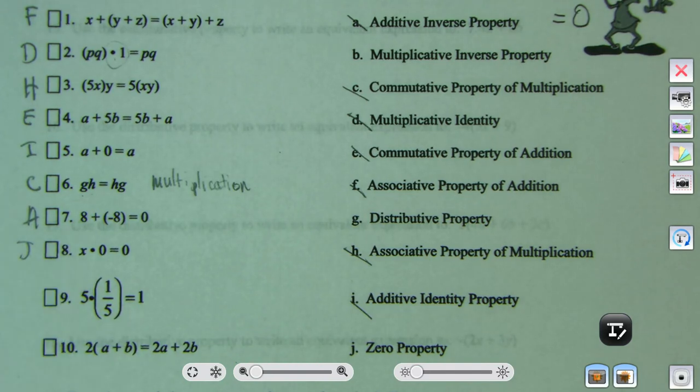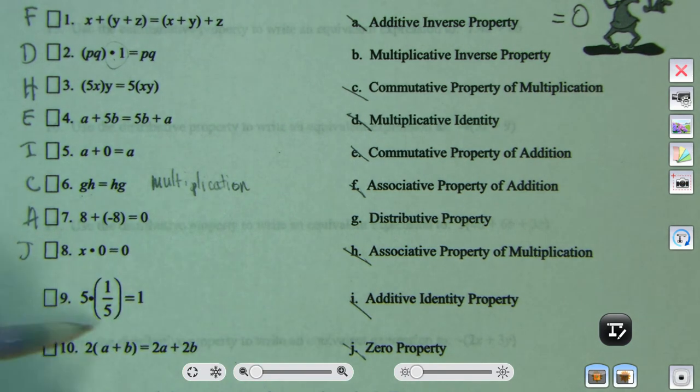All right, let's go to number 9 right quick. This one, we're multiplying 5 times 1/5, and we get 1. So it's equal to 1. That tells us it's not any sort of associative or commutative, but it's going to be an identity or an inverse. And the next person up is